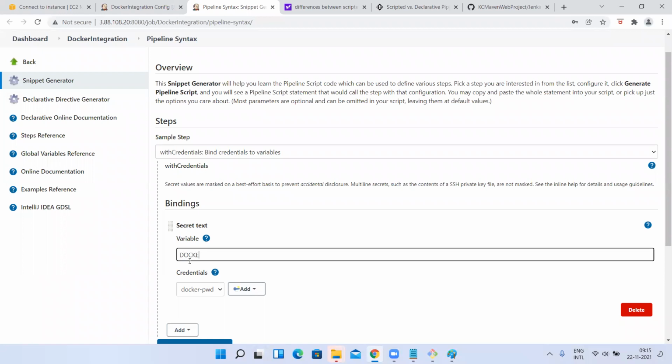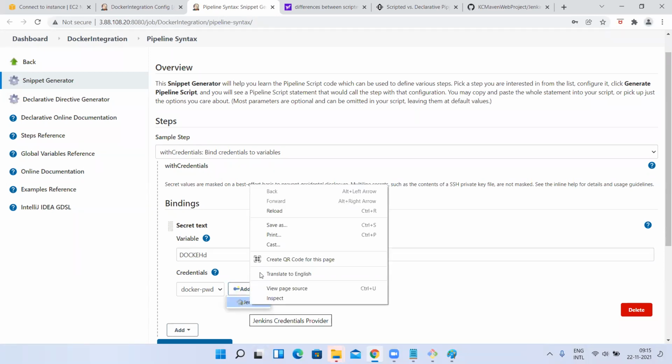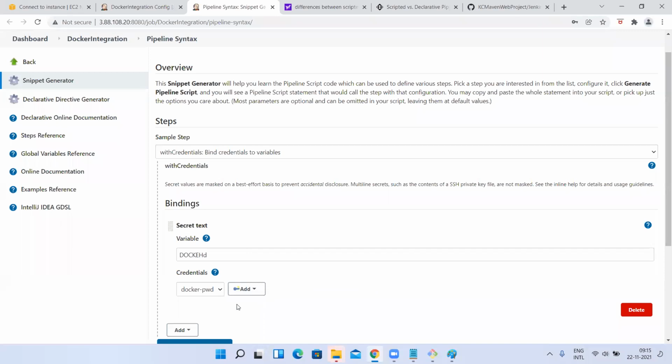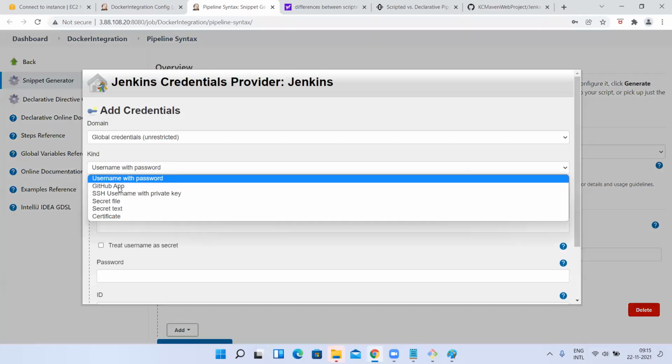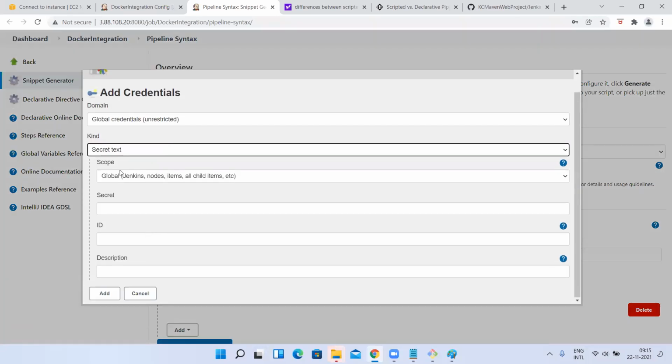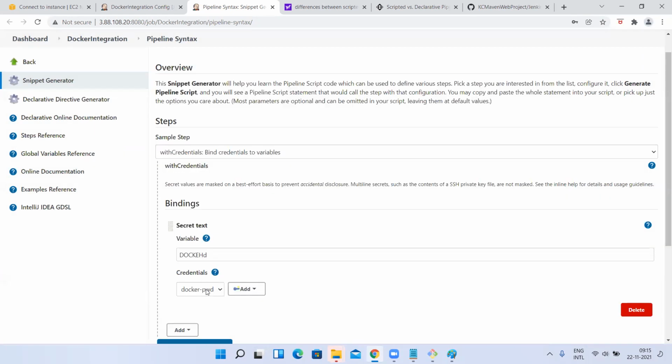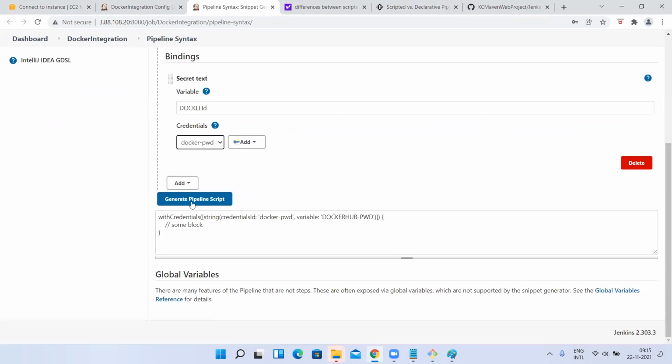I gave DockerHub-PWD. Now the variable is fine, but what is the value we want to assign for that? That is a secret text. So go and select here secret text. Once you give that secret text, select the name you have given for it, and click on generate pipeline script. It will give this.